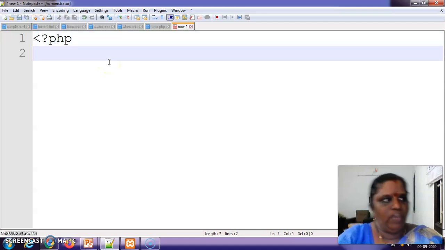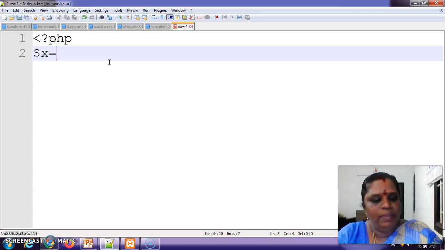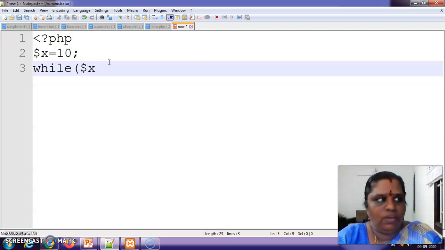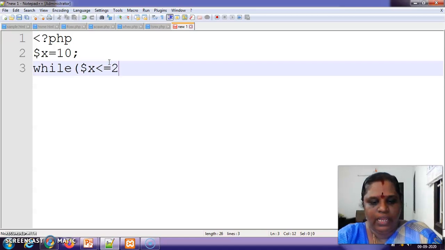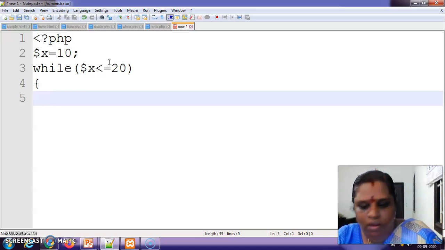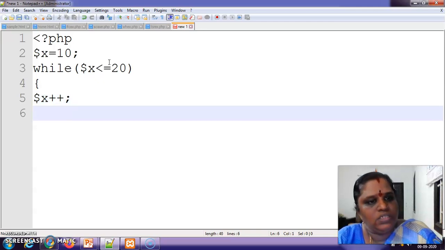We are starting with PHP and we are going to assign the x variable as 10 and we are going to type a looping statement with the condition less than 20. Then the increment.